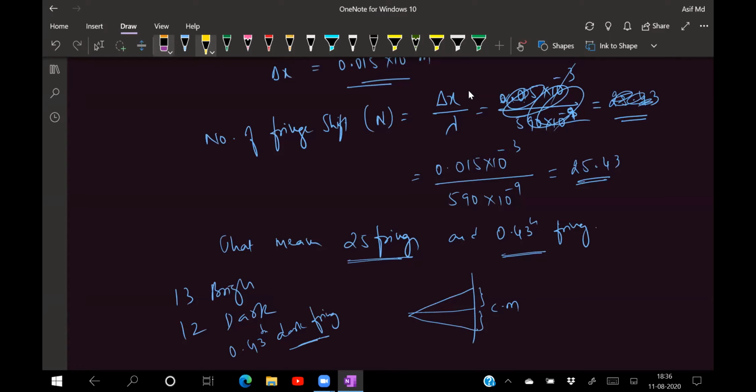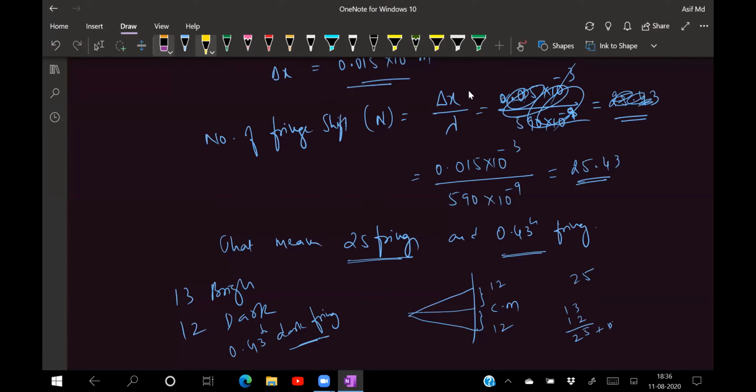Okay na? అర్థం కాలా? See, central is one maxima. So total how many I'm getting? 25. That means 12 should be bright, 12 should be bright down. So that is 24, and middle one is 1. That means 12 plus 1 is 13. 13 should be your bright above, and dark will be 12. So 13 plus 12 is 25. Plus the 12th తర్వాత ఏమైపోతుంది మనకు? Dark. 0.43 will be your dark. అర్థమైందా?